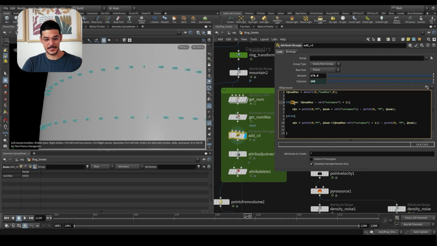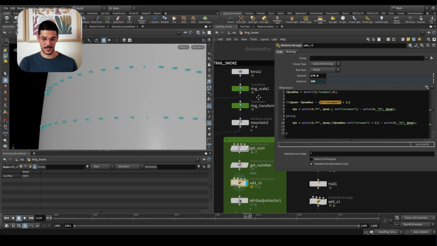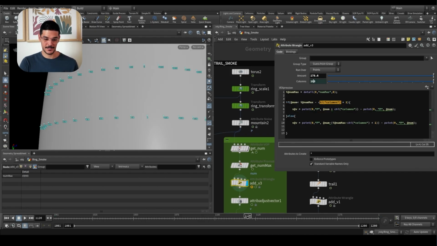Basically I'm saying that, hey, look at the point number that you are in now. So for example, point number 1. If it's less than the maximum number minus the columns of the torus. So our columns, I'm getting it here. If you check, this number is passed to this value and I'm getting it in the code. So 4,999 minus 100 is 4,899 plus 1. It's going to give me